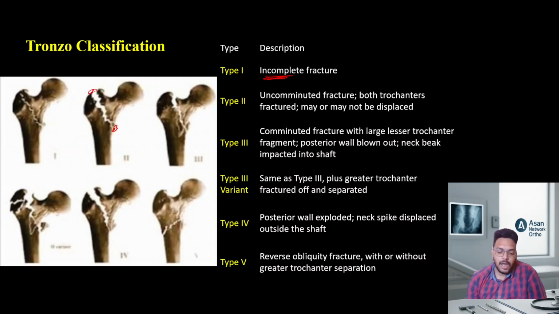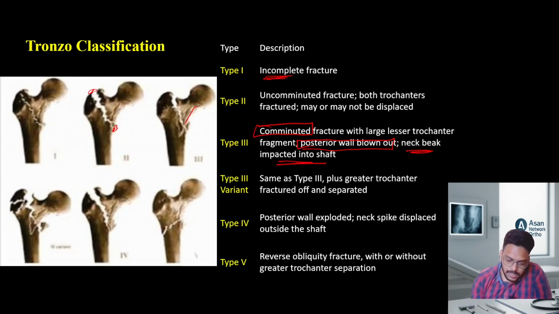Then type 3 is a comminuted fracture, with a large lesser trochanter fragment, and the posterior wall has blown out. The neck beak may be impacted into the shaft. This is the neck beak. So this neck beak may be impacted into the shaft, there is a large lesser trochanter fragment, and the posterior wall may be blown out. This is type 3. Again, in type 3 there is a variant,